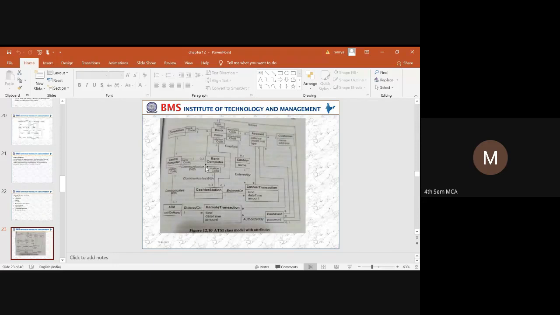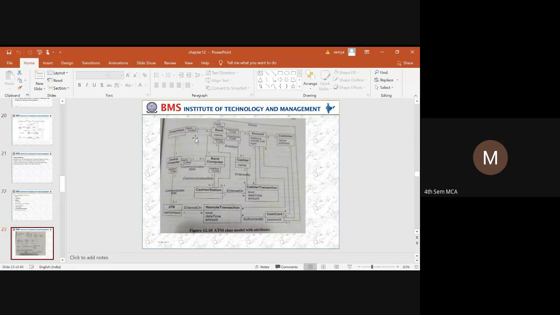Okay, so here is an ATM example. In a previous diagram we had not considered any qualifier or any attributes. So just simple classes, we have listed our classes and created an association among the classes. Once the classes and associations have been framed, the next thing is we need to add the attributes. So how do we add the attributes? The attribute can also be a qualifier, that is the qualified attribute.